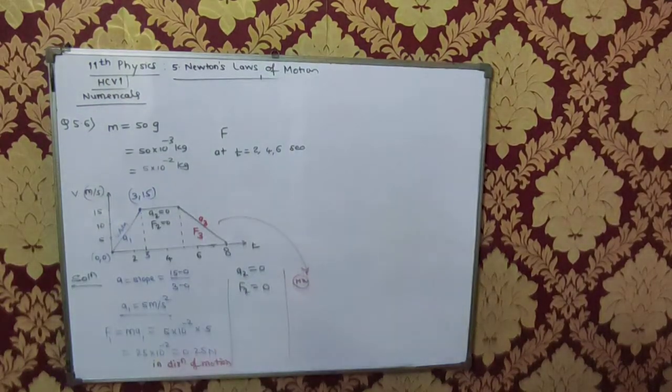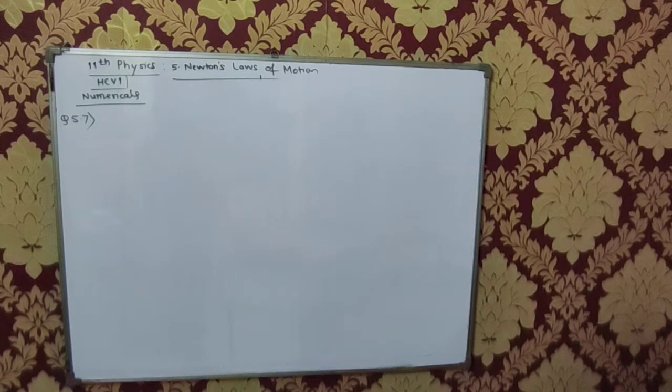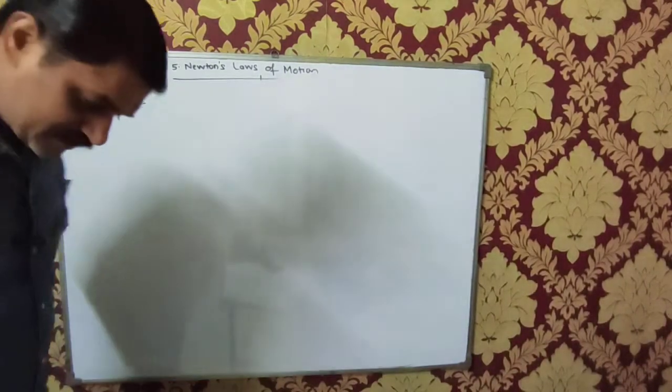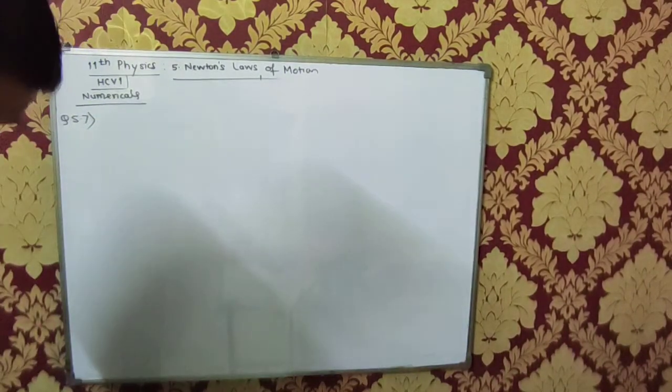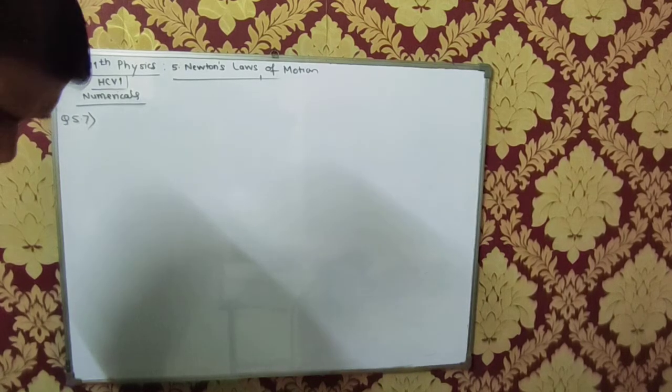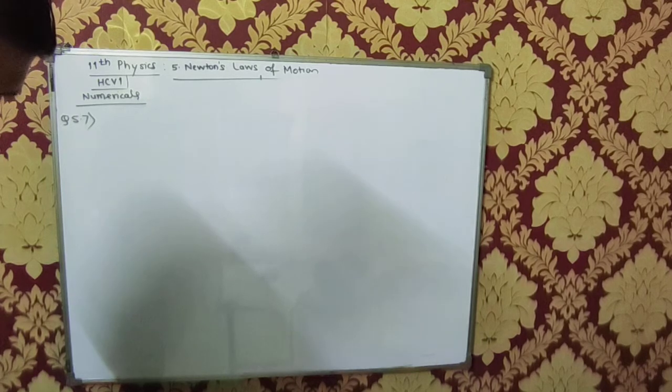Should I call this a star block? Question number 5.7. Two blocks A and B of masses MA and MB respectively are kept in contact on a frictionless table. The experimenter pushes the block A from behind so that the block accelerates. If the block A exerts a force F on the block B, what is the force exerted by the experimenter on A?